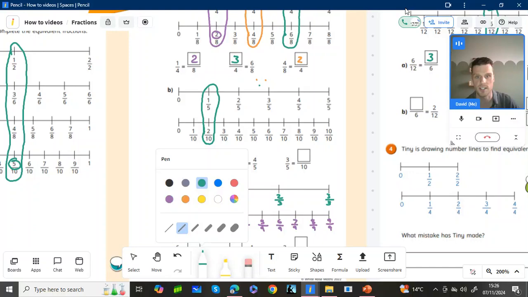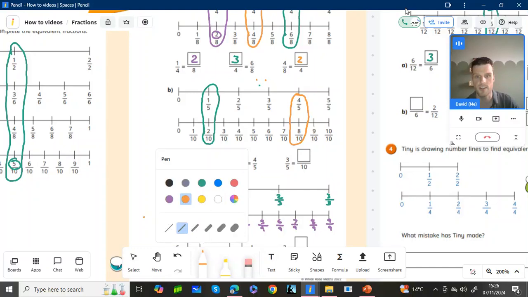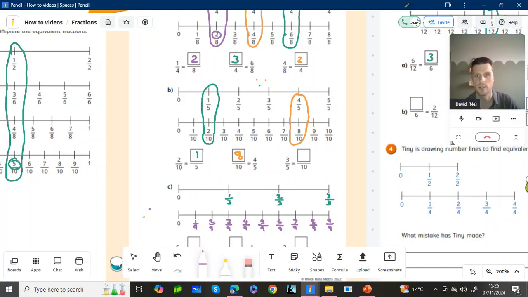I'm going to alternate the colours again. Orange this time. So 4/5 now is equivalent to how many tenths? So I'm going to start at 4/5, go around, and that's equivalent to 8/10. And then 3/5, which is there, is equivalent to 6/10. There we go. And C,